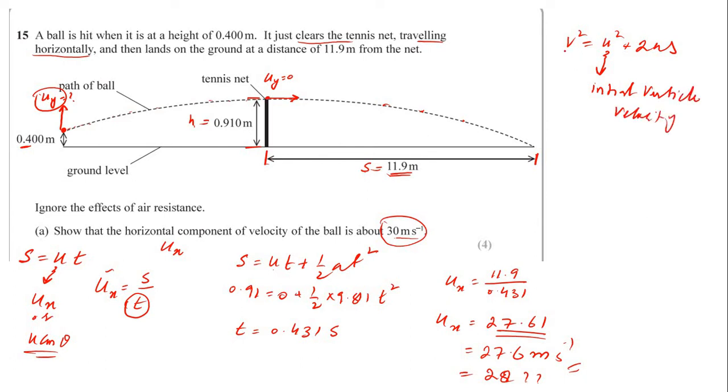And this is the final vertical velocity in the interval. So u is the initial vertical velocity at the start, and v is the final vertical velocity at the end, which is 0. And s is the height traveled, which is this much. This is s in this equation, which is 0.91 minus 0.4, and that's the idea I'm using to figure out this u. So let's do it now.